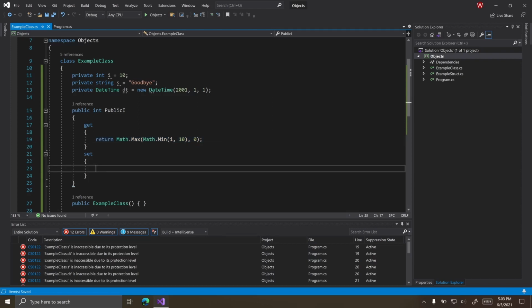The setter is the opposite. If I would say ec.i, or ec.publicI equals 3, then it calls the setter. And so we could put this same restriction on the setter, except we would say value and I equals. So if we say I, or publicI equals